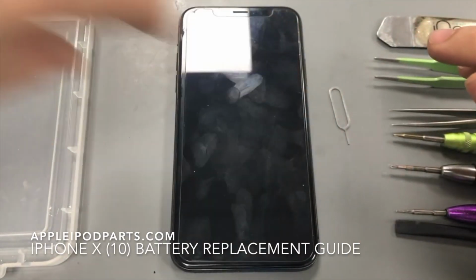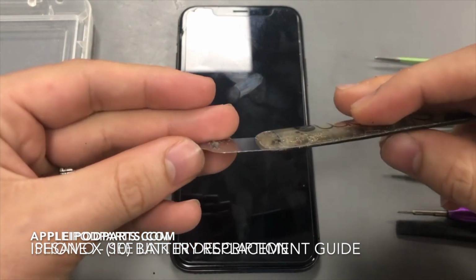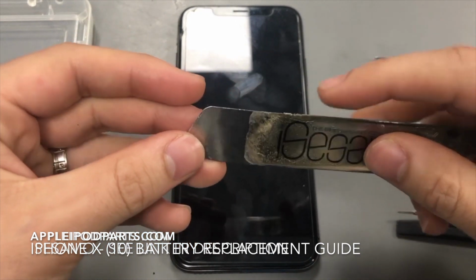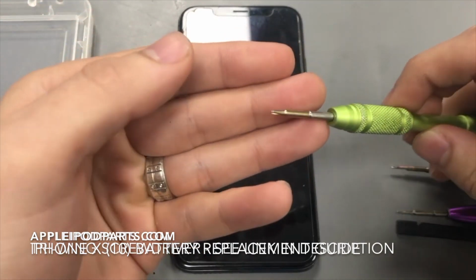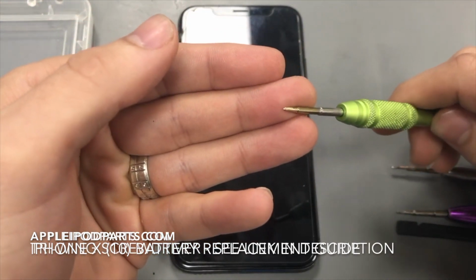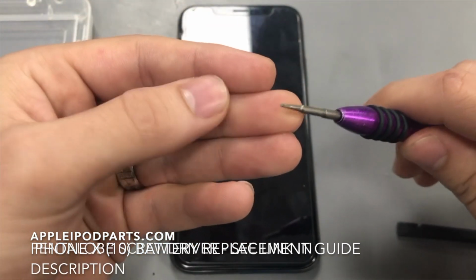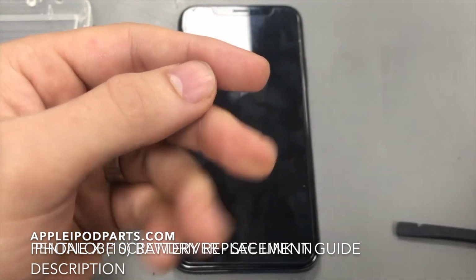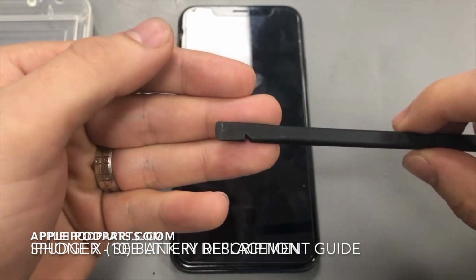Just going to go over some of the tools that you'll need for this repair. You'll need your iSesamo to take off the screen and get behind a few things. We'll need some pointer tweezers, your tri-wing screwdriver, a Phillips screwdriver, and your pentalobe screwdriver to do the bottom screws, and then we'll need a spudger